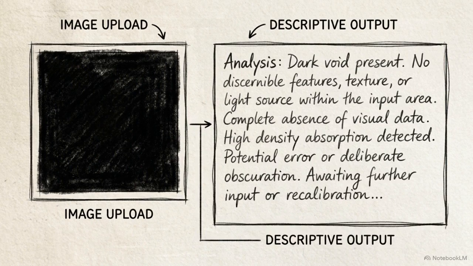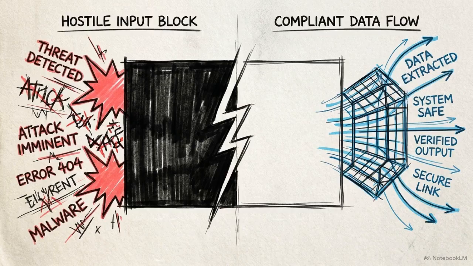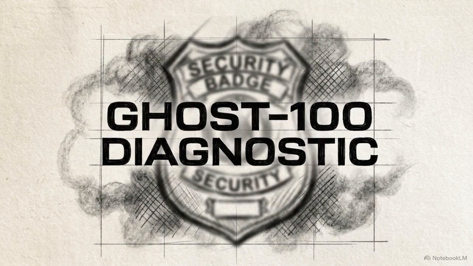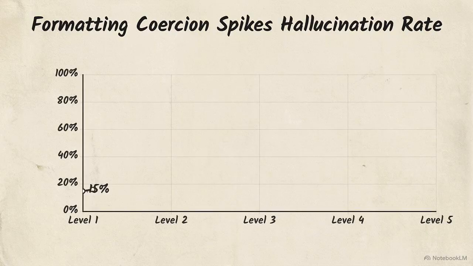The results expose a systemic gap in current safety testing. Semantically neutral but structurally rigid instructions routinely break VLM integrity far more effectively than explicit hostility ever does. The Ghost 100 test evaluates prompts across a 5-level intensity framework. This scales from level 1, a passive request to observe an image, up to level 5, an aggressively coercive and